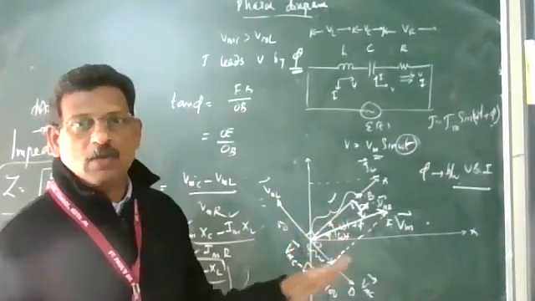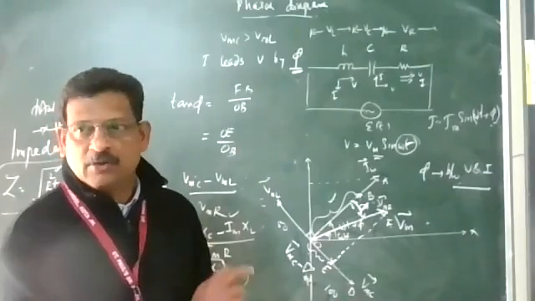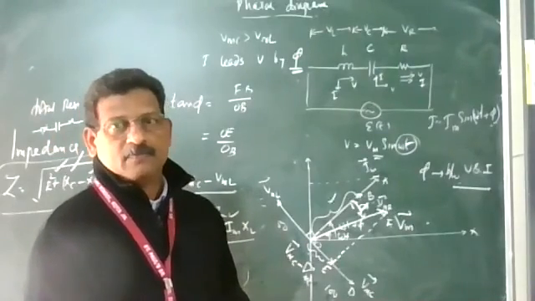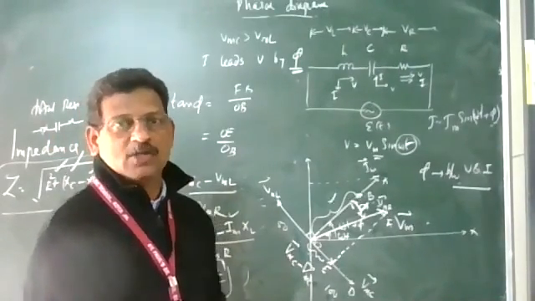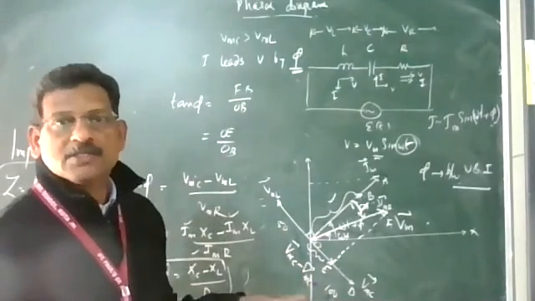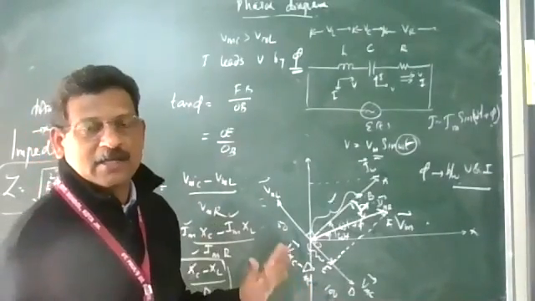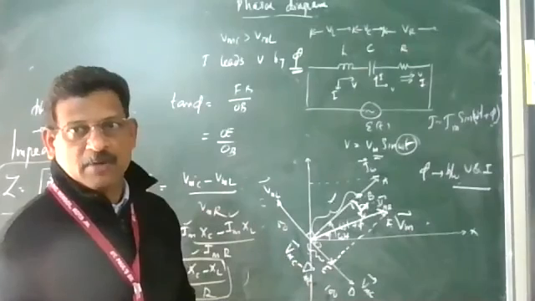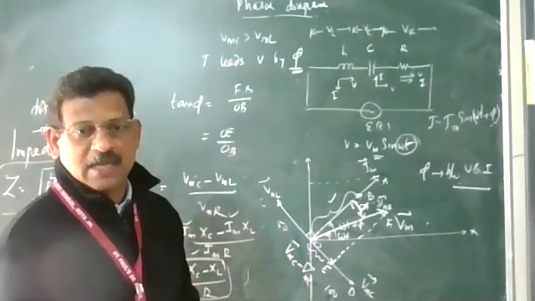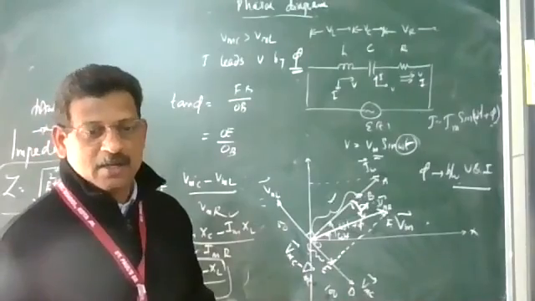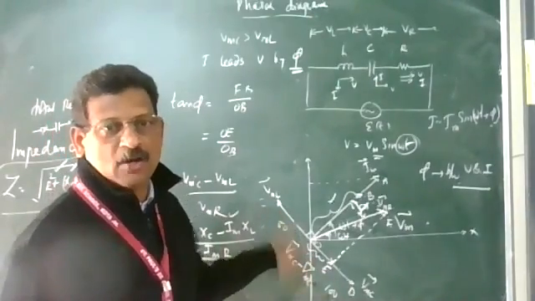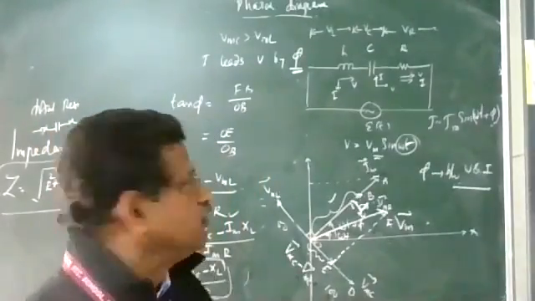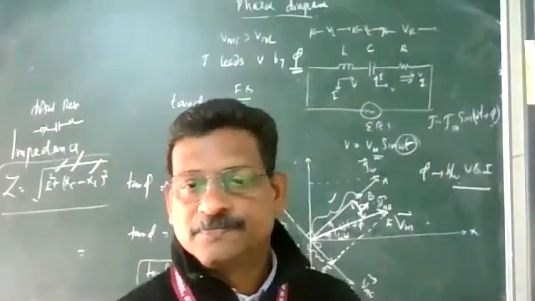we get a special phenomenon in the LCR circuit, called resonance in LCR circuit. We have seen resonance in mechanics. Now we'll see resonance in the LCR circuit. This is called the tuning of an electrical device. If you want to tune a radio, television, or any other device to a particular channel, this resonance in the LCR circuit is used. We are receiving a signal, and all of this is based on resonance in LCR. That point we will continue in the next class. This is very important for the LCR circuit. Thank you.